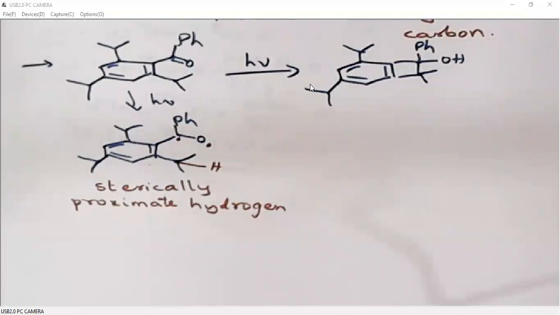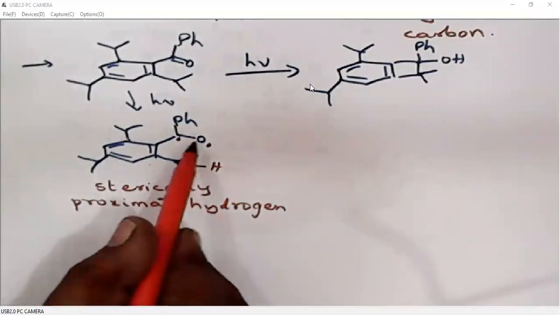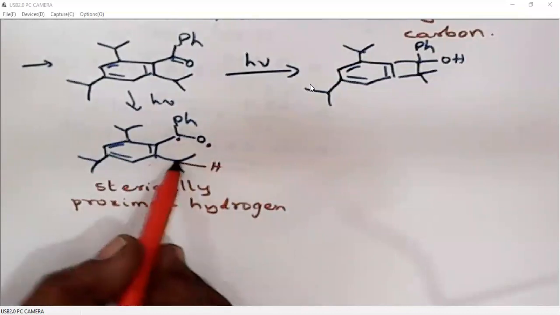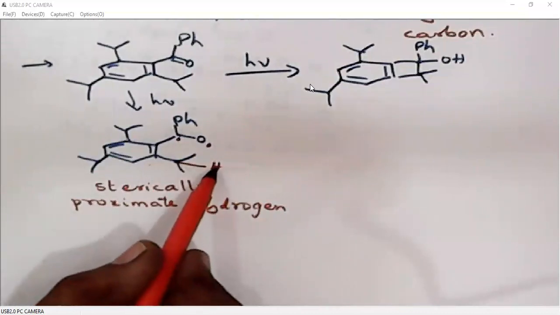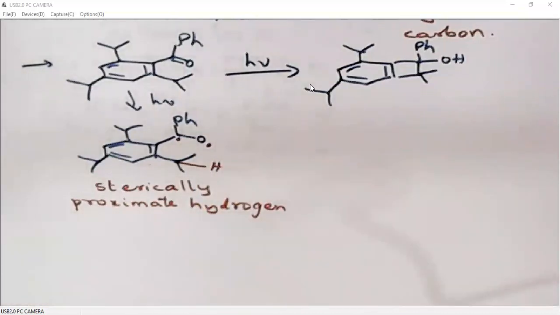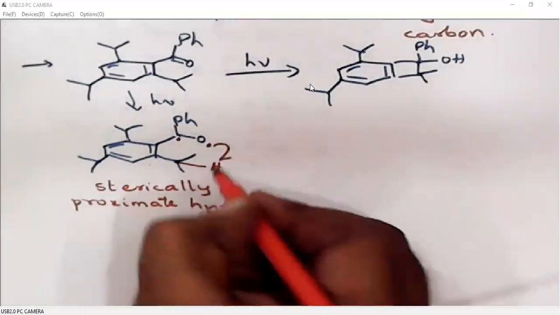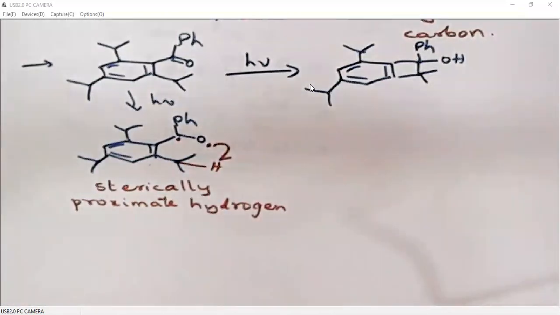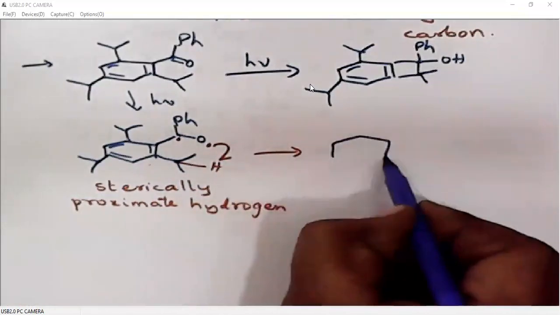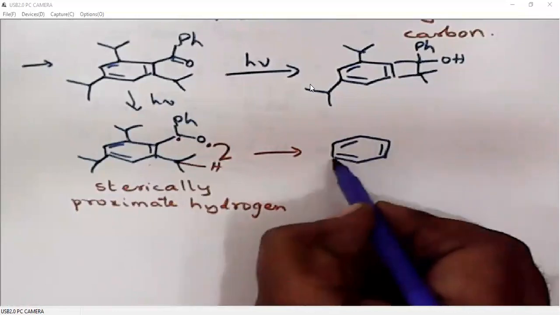So the hydrogen which is placed on the 5th carbon to the oxygen, that means the hydrogen becomes the 6th one. So it essentially involves a 6-membered transition state. So this radical picks up this hydrogen radical, hence it generates